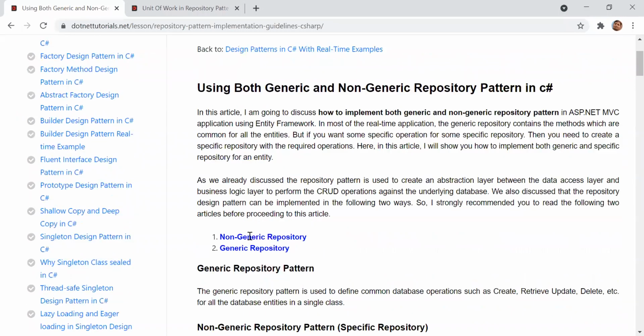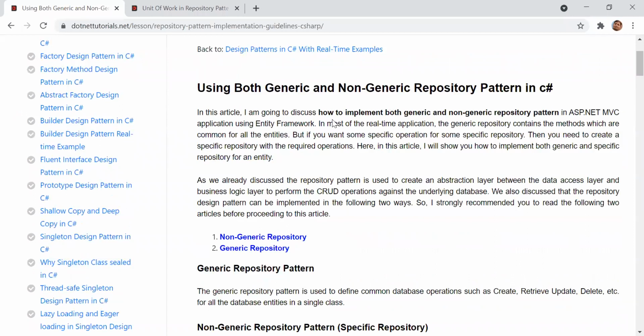Okay. Then here we are going to discuss these two things, generic and non-generic. First of all, the generic repository. Generic means we will create a class in which we will pass a T type.